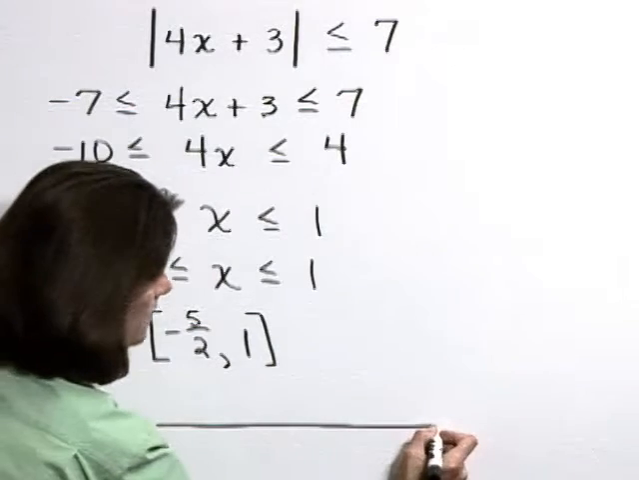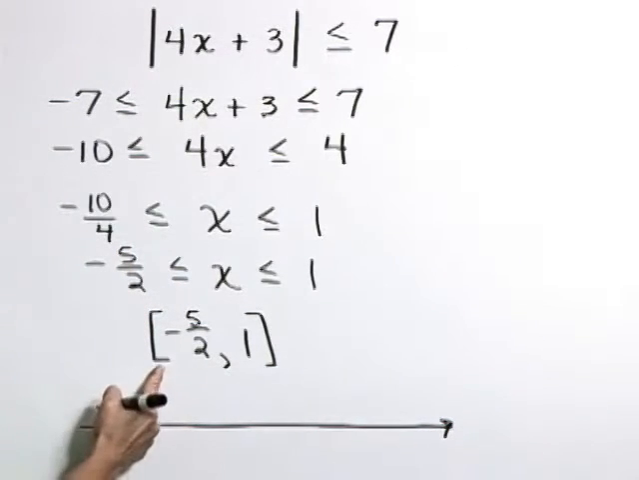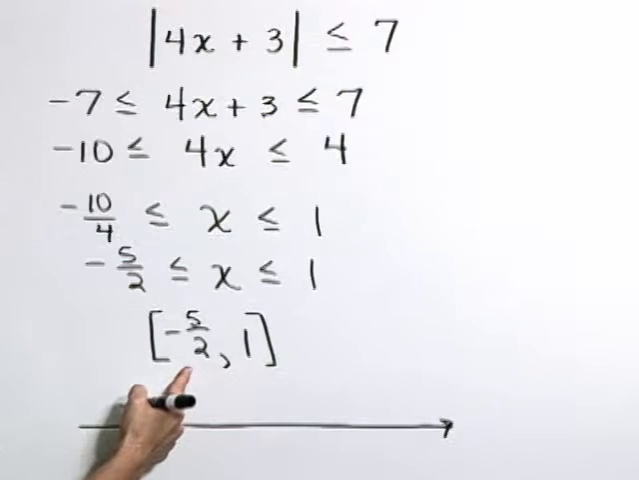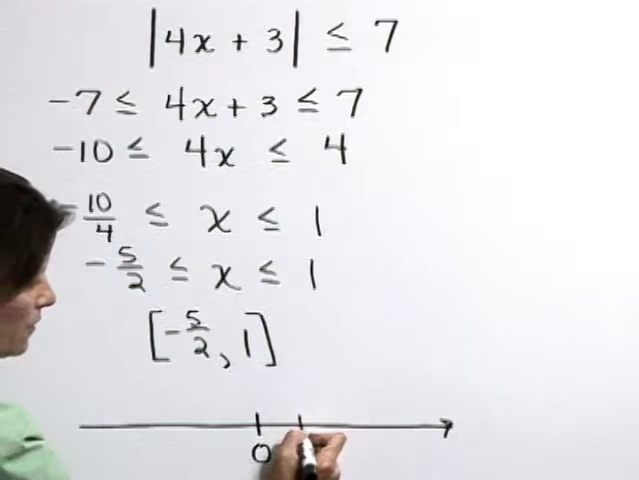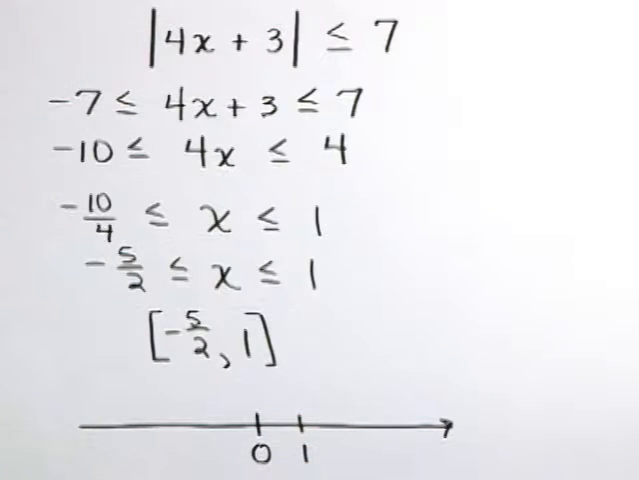Graphically, we'll use the same notation with the brackets to describe this interval. I'm going to start by determining where 0 is, and there's our 1 unit to the right. Now if we go 1, 2, 3 units to the left, that -5/2 is going to be between -2 and -3, right here,